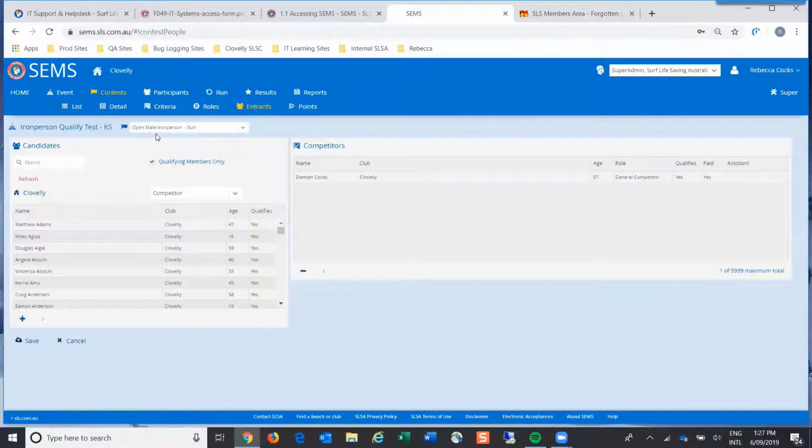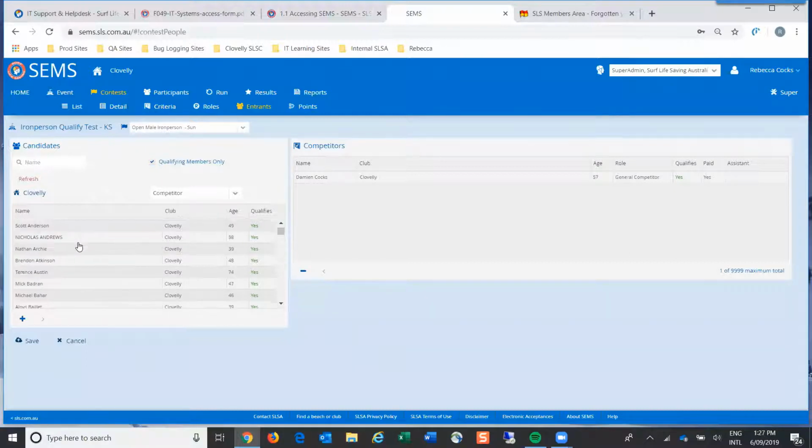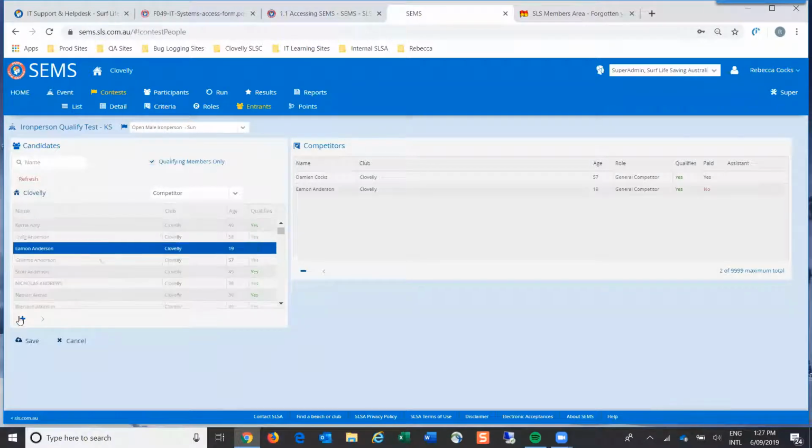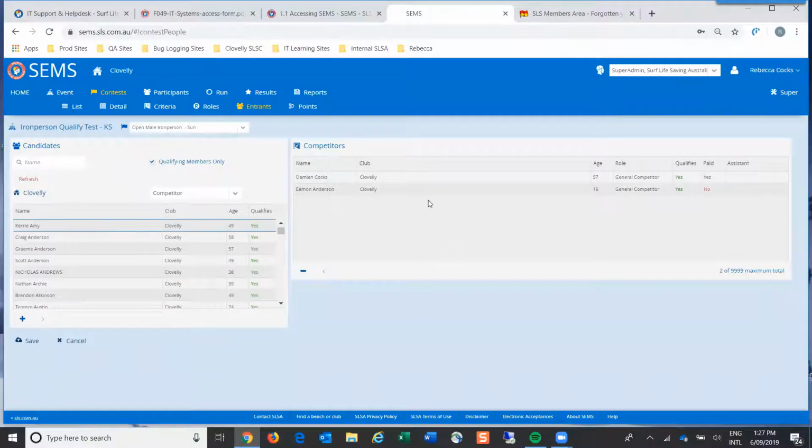This is an open male iron person and it shows qualifying members. If I have a qualifying member, I can take them over there, and I just go plus, and it would enter another person at your club as the competitor.